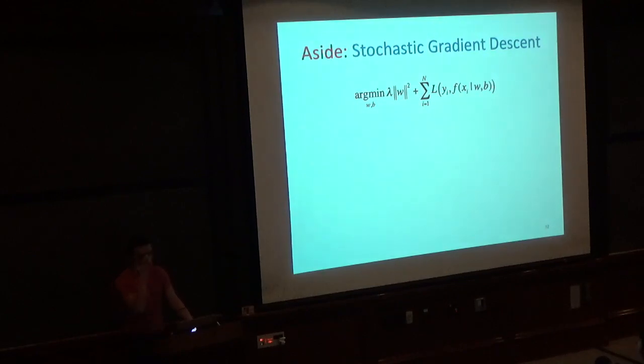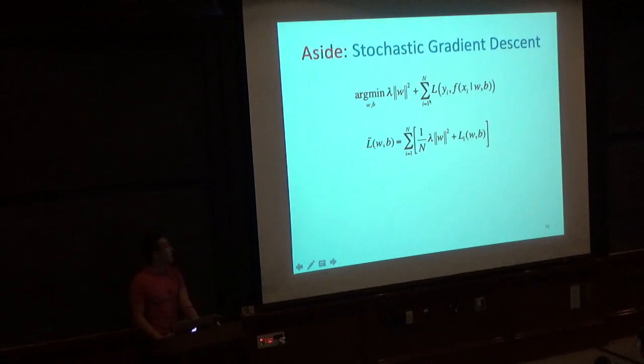Okay, so as an aside, we're going to solve these things using some variant of gradient descent, or more commonly these days, stochastic gradient descent. And recall that in stochastic gradient descent, we started with this intuition that we can decompose this overall loss function into a number of additive terms. And let's say we do it this way. This is one way to do it. It's one of my favorite ways. It's not the only way.